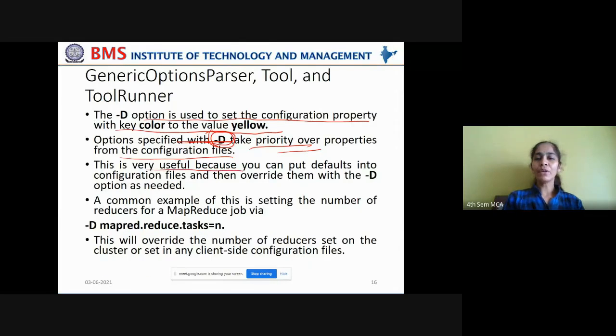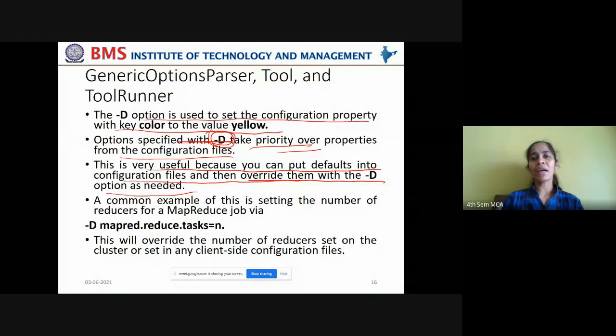And this is very useful because you can put defaults into configuration files and then override them with the -D option as needed. So you just add defaults in the beginning of the project development. Later, based on your requirement, you can set or override the existing properties from the command line directly.